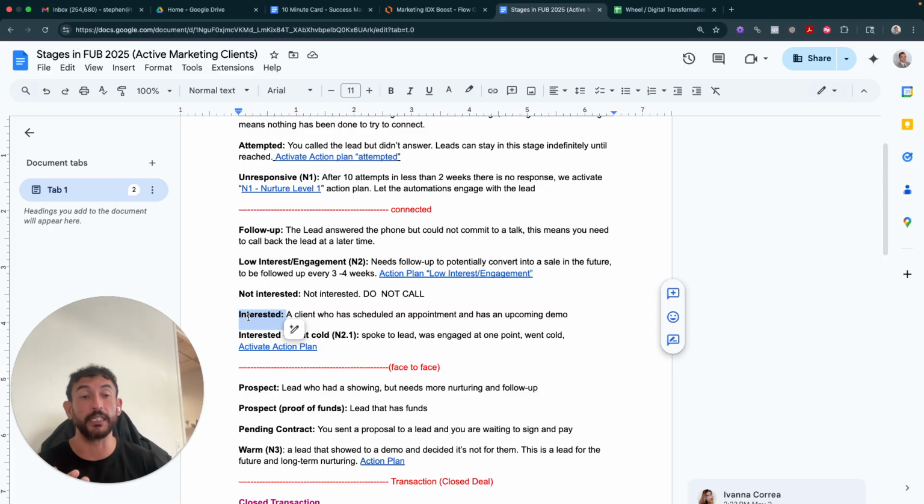I had a client the other day. She had a lead. He had $1 million. He was buying in Brickell, her farming area, and he was buying in the next 3 months. The problem is he wanted 4 $250,000 properties. So for us, the client still may transact, but for us, that's not the lead we want to generate for the client. So I don't want our team getting excited about these things.